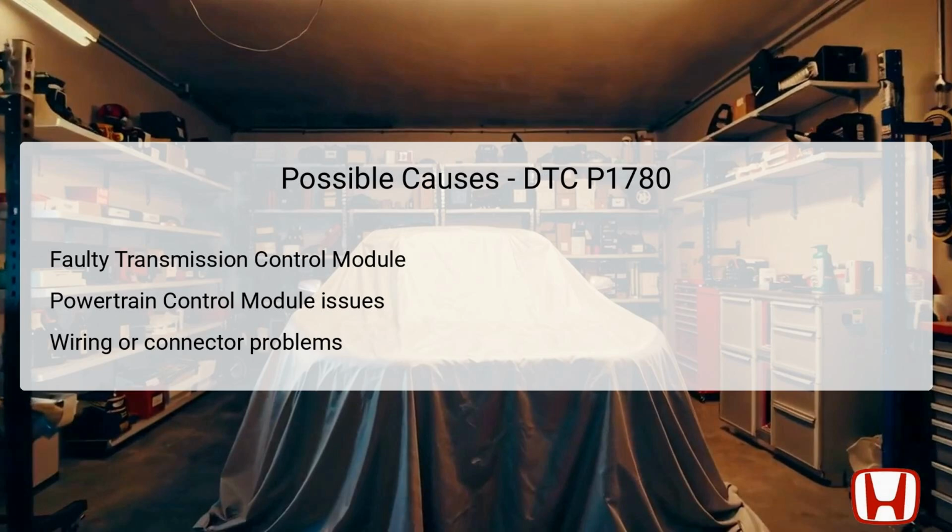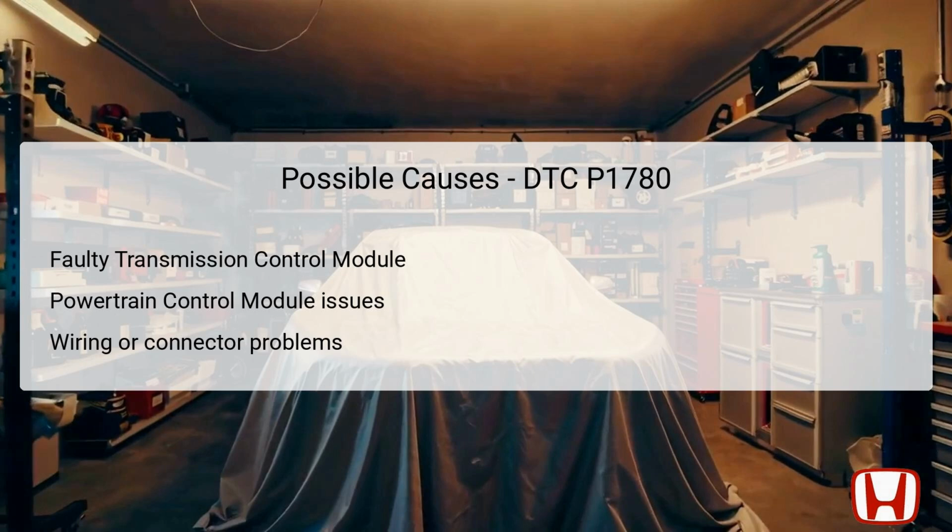Several possible causes can trigger DTC P1780. A faulty transmission control module, TCM, may fail to communicate properly with the powertrain control module, PCM, leading to the transmission's inability to shift correctly. Another potential culprit might be issues with the powertrain control module itself, which can cause disruptions in its communication with other systems. Wiring or connector problems are also common causes of intermittent signals or complete loss of communication between the